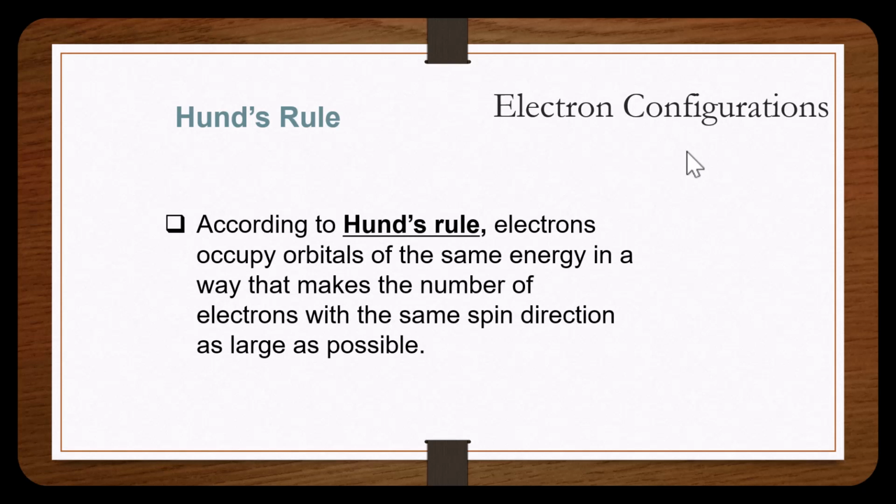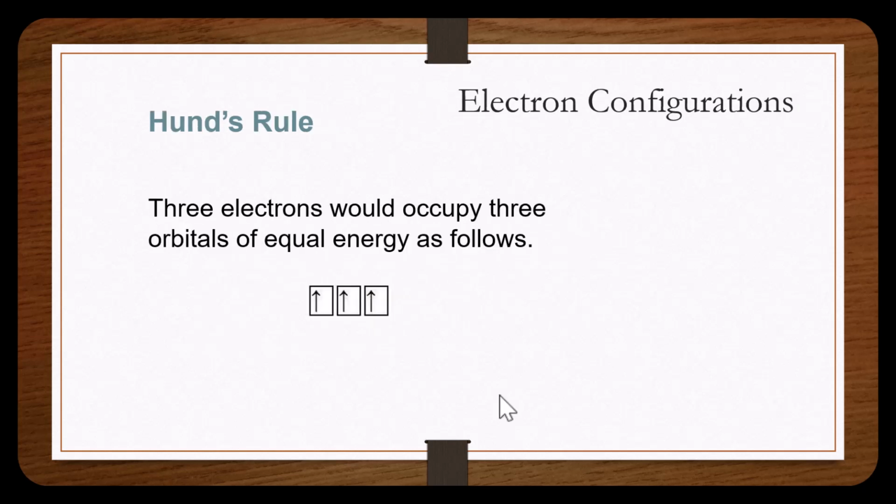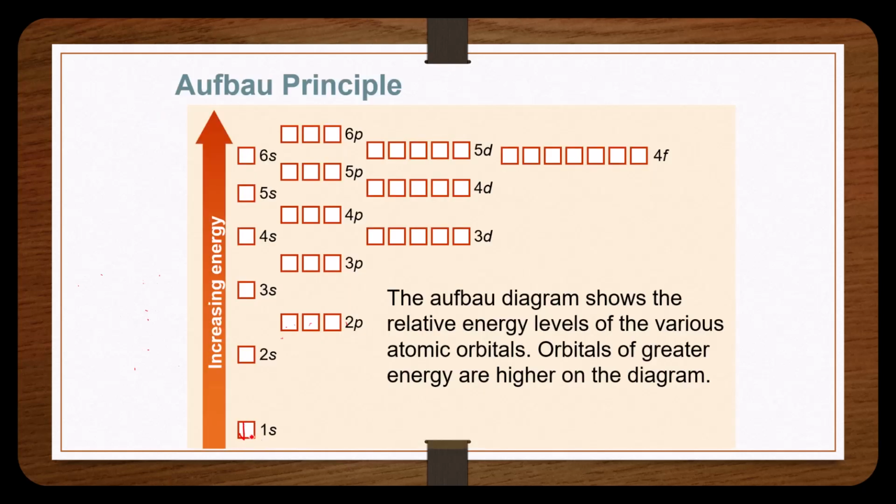The third rule for electron configuration is called Hund's rule. According to Hund's rule, electrons occupy orbitals of the same energy in a way that makes the number of electrons with the same spin direction as large as possible. 3 electrons would occupy 3 orbitals of equal energy as follows below. So what this is saying is, once you have orbitals of the same energy level, they're degenerate. And what Hund's rule is saying is the electrons need to fill the orbitals